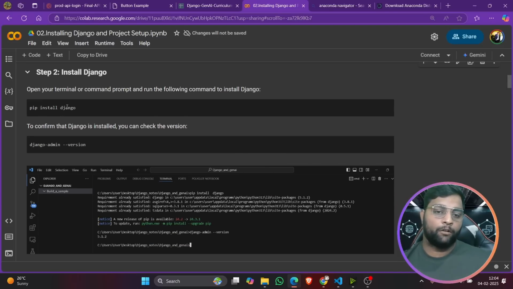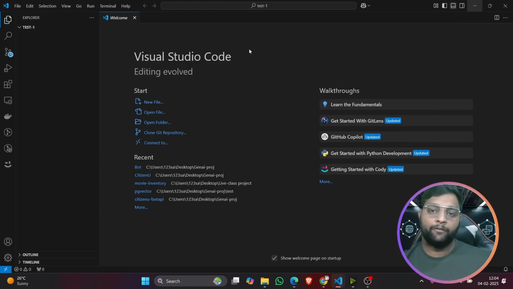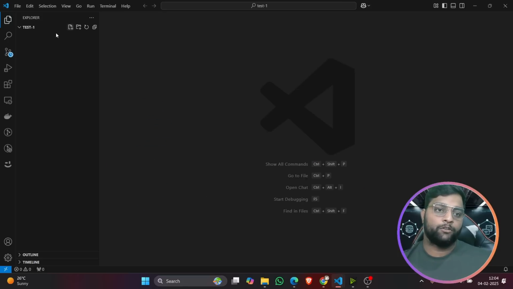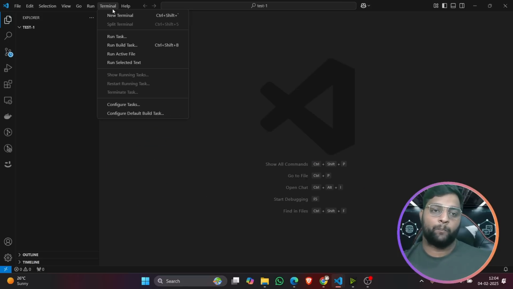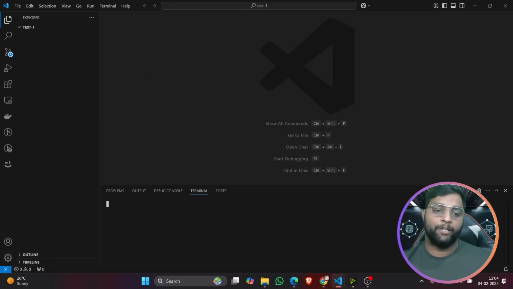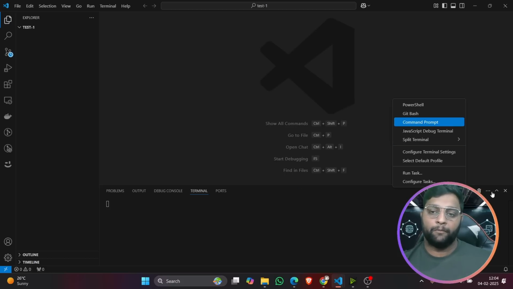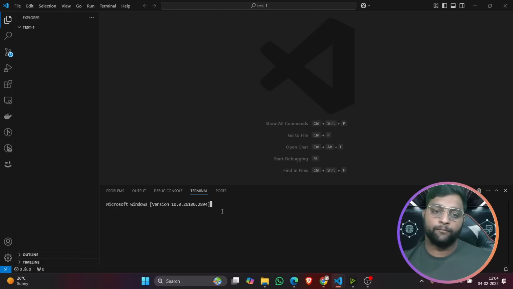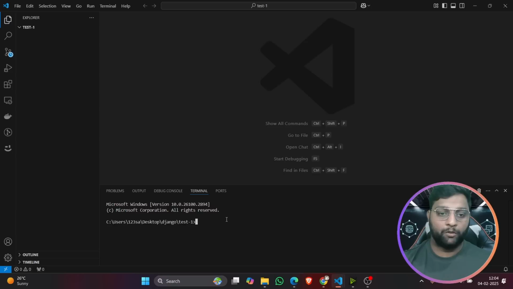So, pip install Django. Before that, we need to actually create an environment. When you are installing Django and other things, the core Python in your Anaconda or your normal Python version should not be interrupted. So we open a terminal, and I'll change this to command prompt. Here we need to create a virtual environment. For that you have a command called conda create